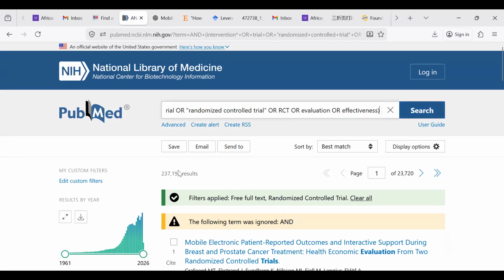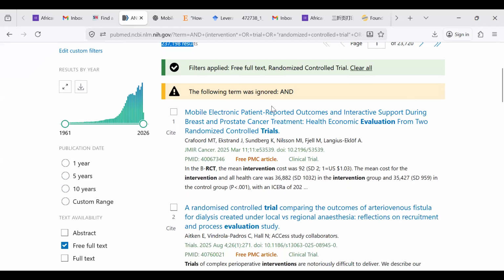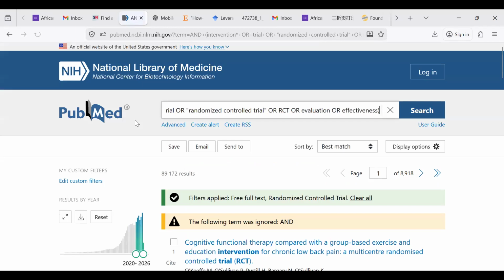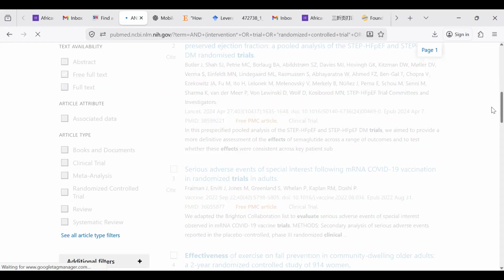Hi, this is very interesting. ChatGPT, what? It has brought for us 200,000, whatever. But you see what it has done, what I've appreciated is that it has brought this mobile, electronic, clinical, all those. So let's try to reduce the years. Let's say we put 2020, yes. So we put 2020, still these are very many, but probably it brought the other cities. No, we don't want other cities. Let's just,